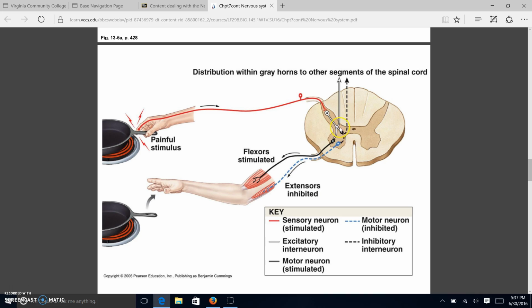But notice that it doesn't just stop there. We also have something that goes upward, and going upward means it's going up in the white matter, because when we touch something